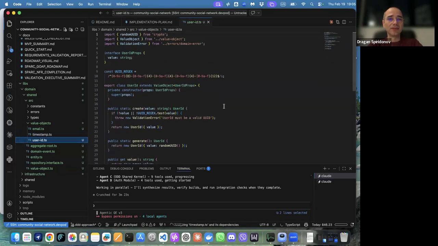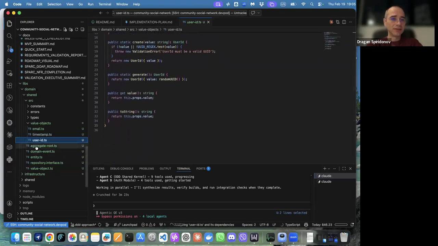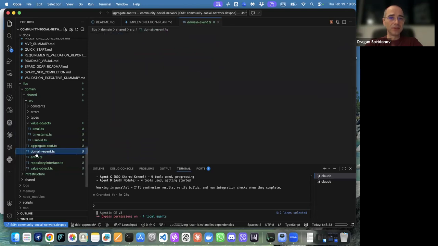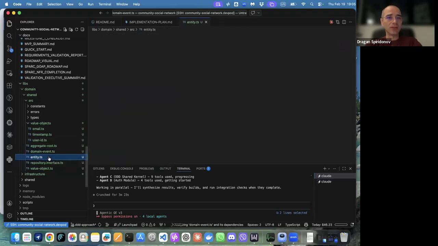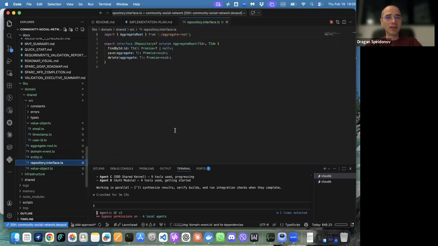Oh, we got a UUID. Nice. Domain event. Okay, it uses crypto. Good, it's not using Math.random. That's also a thing that I noticed, that when writing TypeScript, most of the time it will use Math.random, and that's not a secure way. It should use crypto and random UUID. That's immediately better than expected.